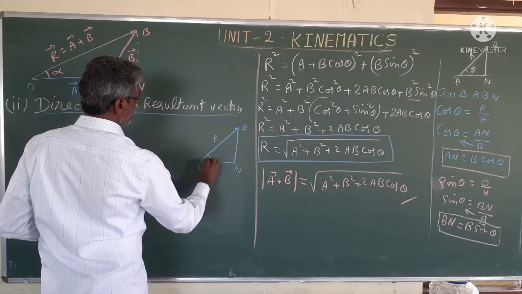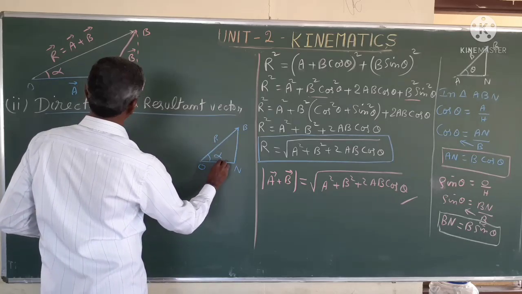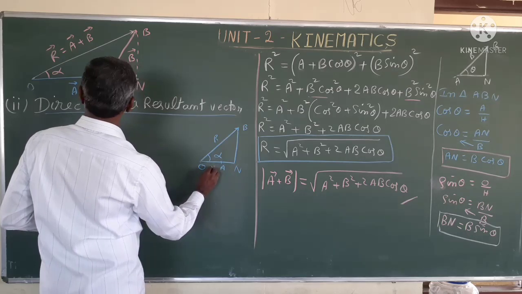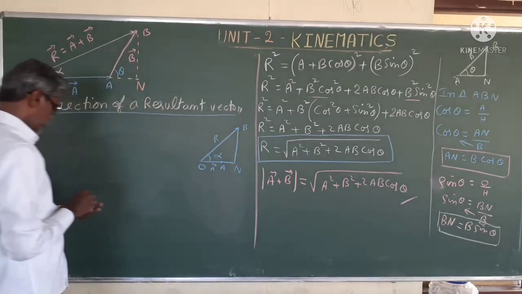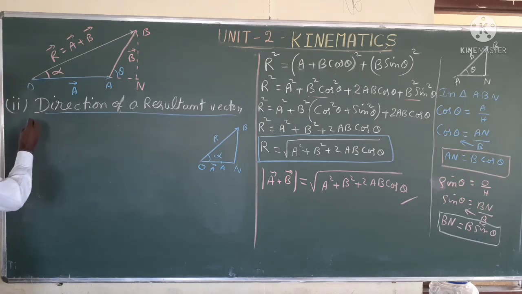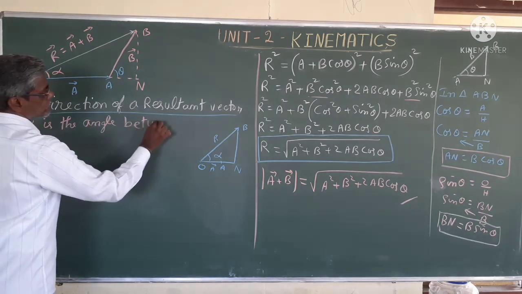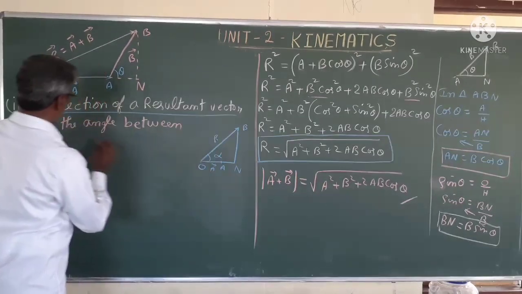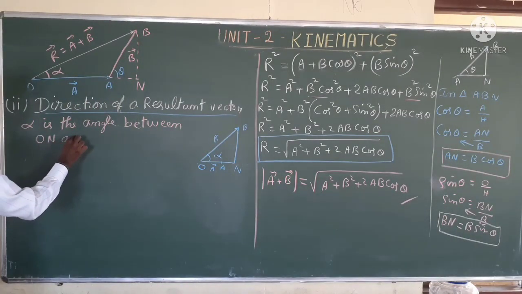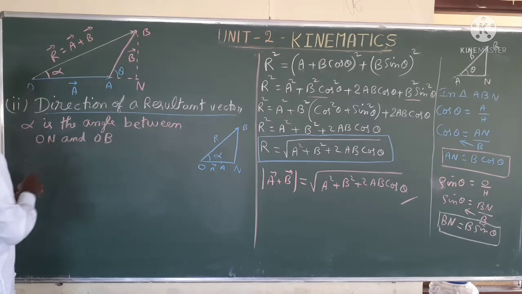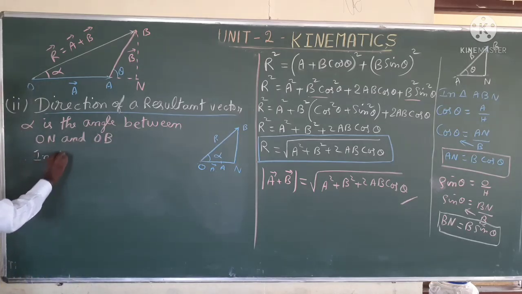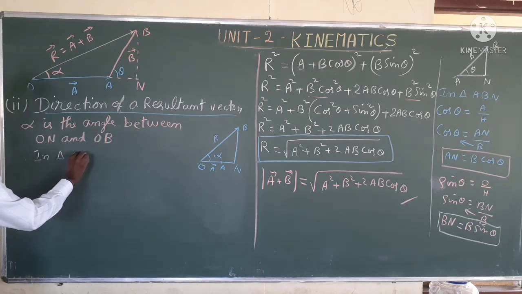This is R, this one is alpha, here it is A, and this one is A vector. Now, here alpha is the angle between ON and OA. Now, in triangle OBN,